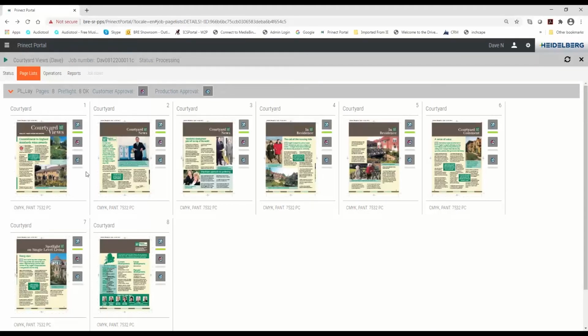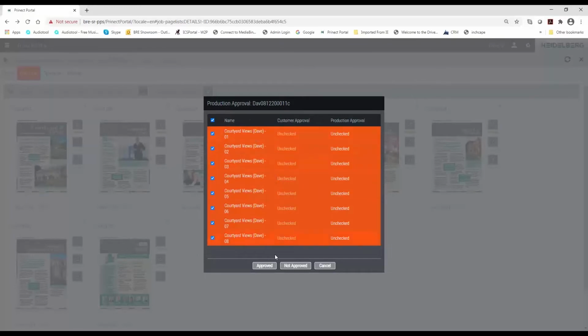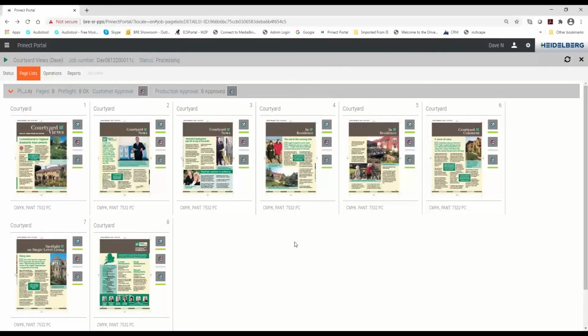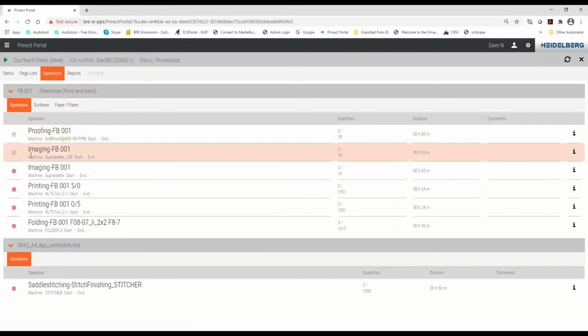I'm going to approve these pages. I could do them individually, or at the top here, I can say approve all the pages and let the job go. So by triggering the approval mechanism there, back within the workflow, it will now be releasing the job off to start imaging plates. So if I move to the operations and view by sheet, I'll be able to see that, look, the imaging